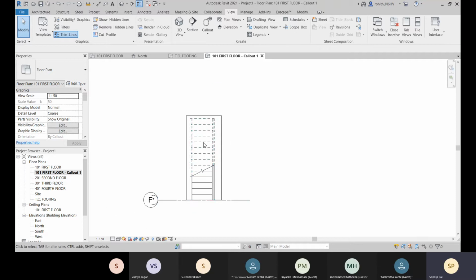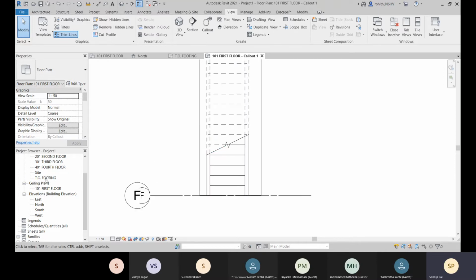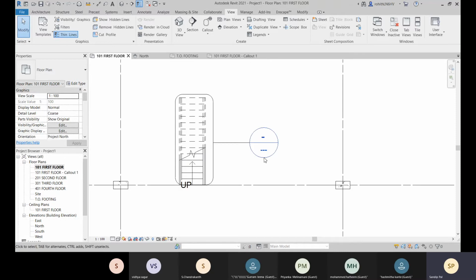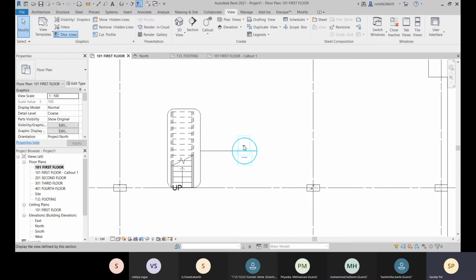And here you can add all your dimensions, all the text for this detail. When you will be placing this callout, let's come to this first floor. Here you can see that there is nothing, right? These dashed lines are there. So the dash line is this view number, and this will be your project number or the sheet number. There it will be mentioned.